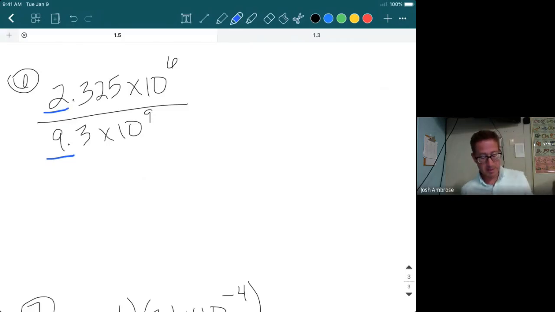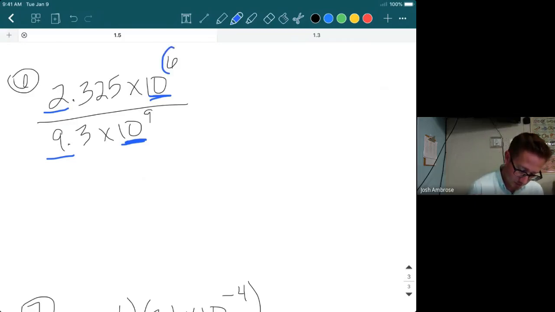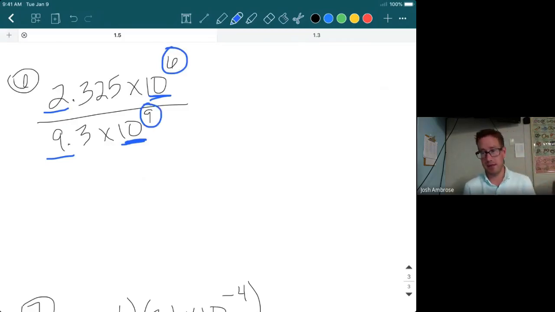Okay. Now the next thing is to remember some of the simplifying exponents that you did in Algebra 1. So notice how we have the same base number. We have a base 10 here. We have a base 10 here. So because the base numbers are the same, you can focus on the exponents right there, 6 and 9. And when you are using division, you subtract the exponents. Okay, so we have some division. The division part, let's do a little break. The division part is right there, numbers in front,